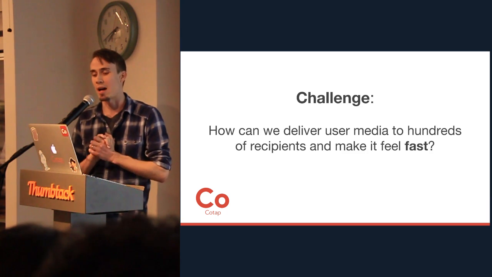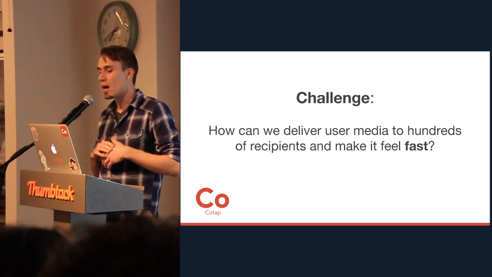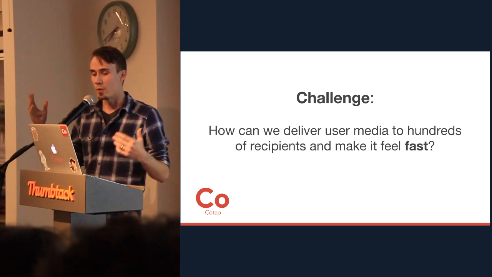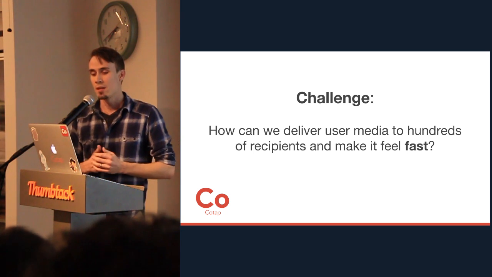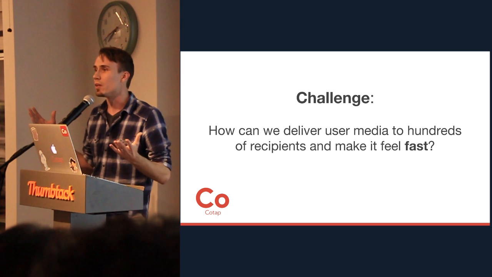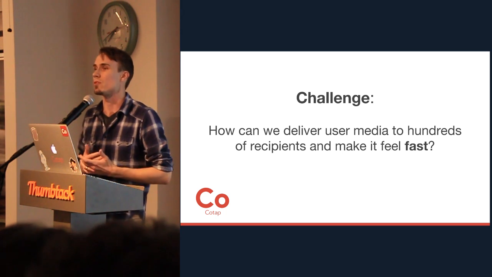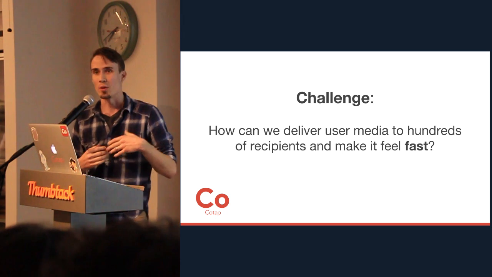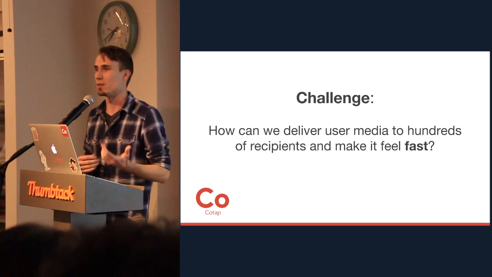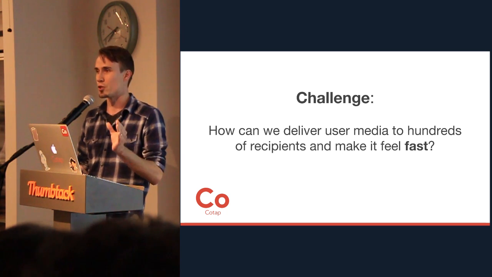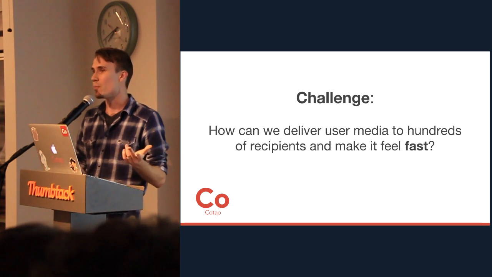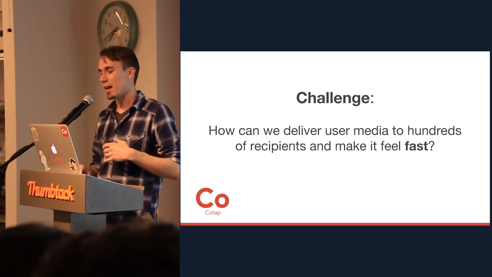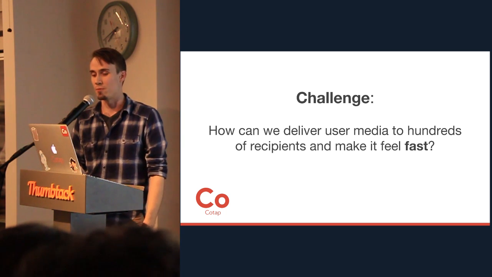So again, the challenge was how can we deliver user media to hundreds of recipients very quickly and make it feel fast? And so we have the ability to create groups of up to 1,000 members right now. And when you send a photo, you want that message to be delivered very quickly, and we want the photo to show up in the right size across maybe a poor mobile network